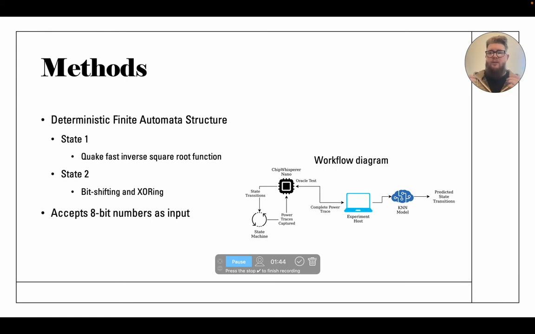In studies such as this, because we are controlling the inputs and the state machine, and effectively viewing all of the information, we try to craft these in such a way that we aren't deceiving ourselves. So to help accomplish that, we designed a state machine with two states, the first of which uses